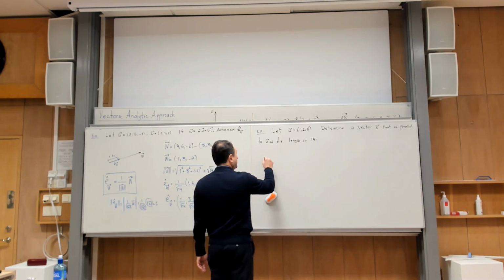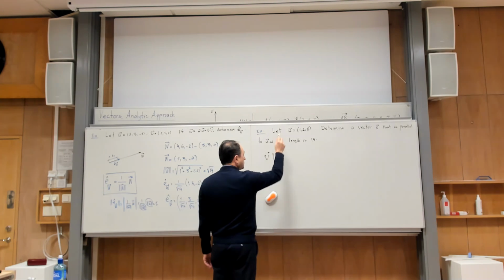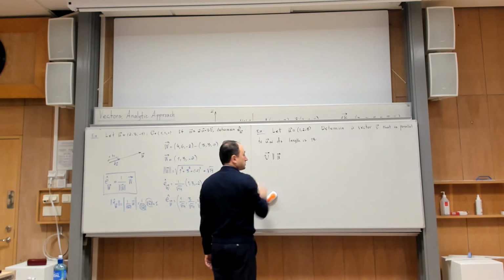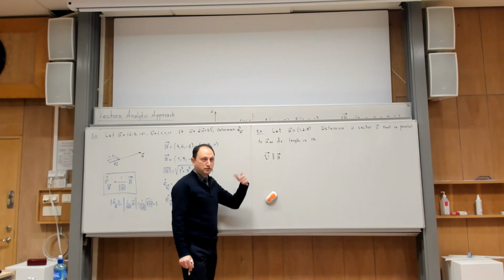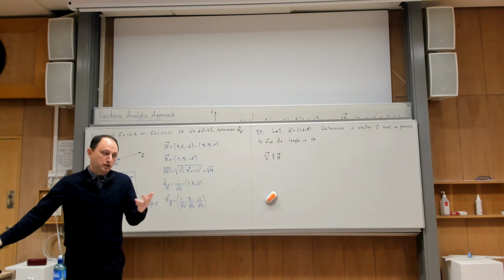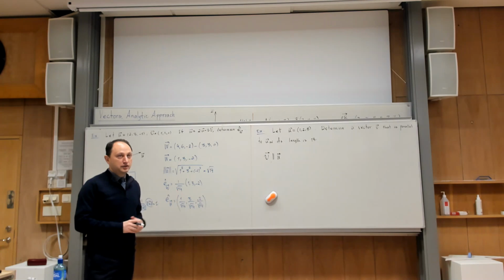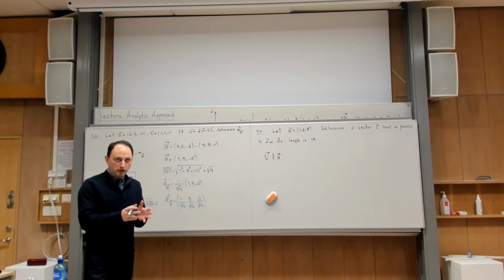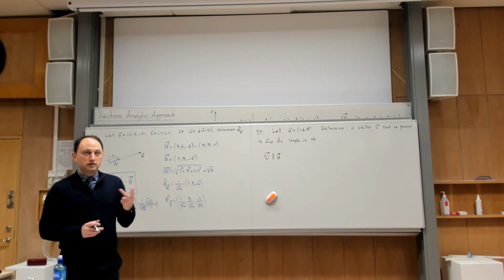You want to have v. The demand in the problem is that v is supposed to be parallel to u. But there are two things about being parallel from the geometrical point of view. Can you repeat them, because they are important? If I tell you that two vectors are parallel, in principle you can conclude two equivalent things. One of them, which we learned first, is that one is a multiple of the other one. And the second alternative, two vectors are parallel if and only if